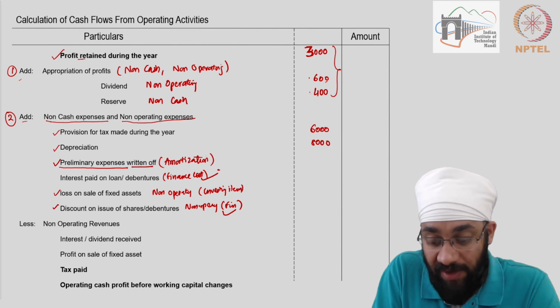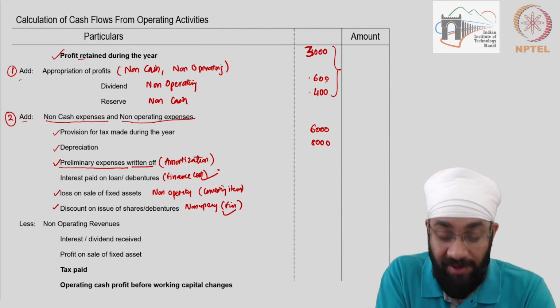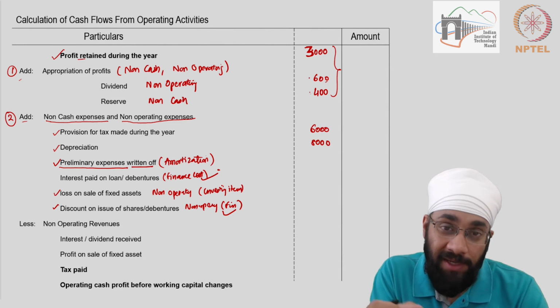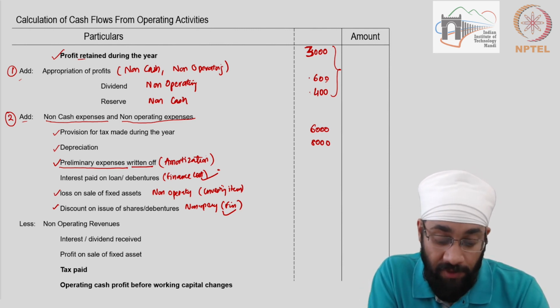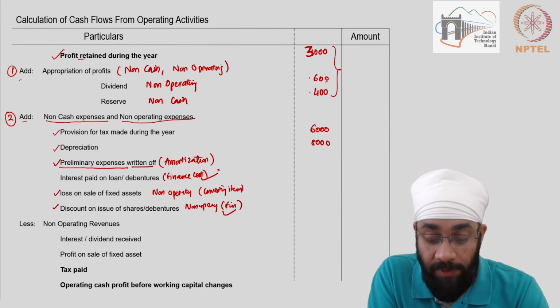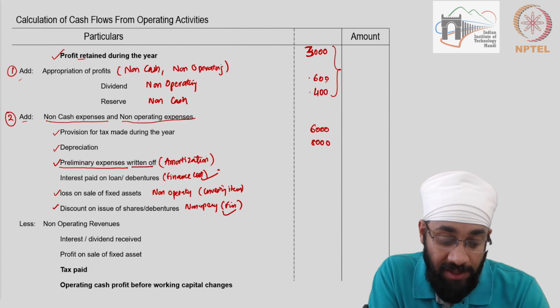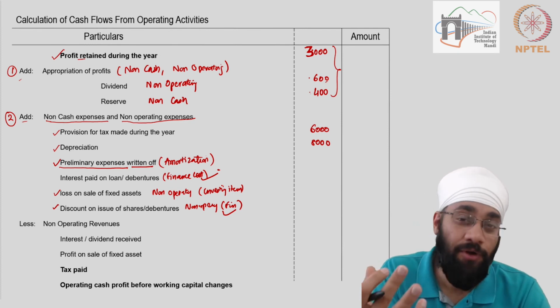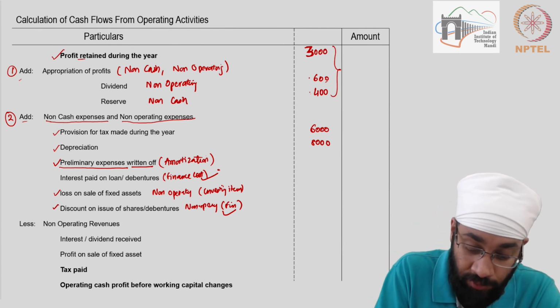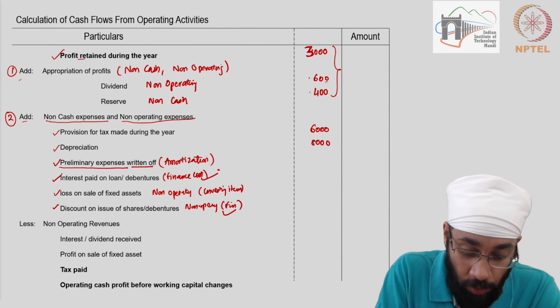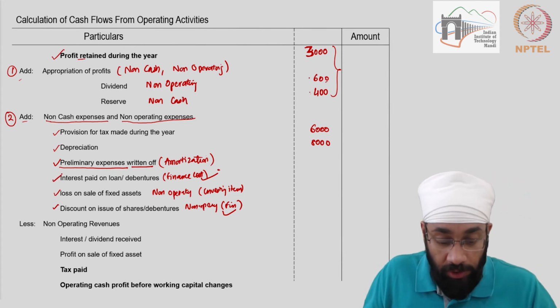But again, when you have a loss, that's a non-cash item. You get money from the proceeds of the assets, but no cash is actually being lost in the sale of a fixed asset. We'll talk more about it when we go to the investing activities. Okay, so according to